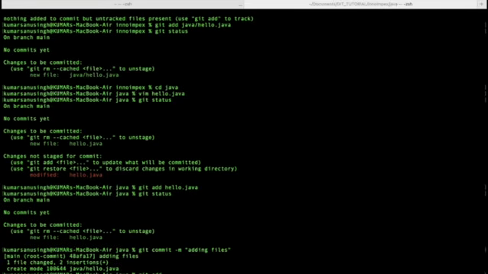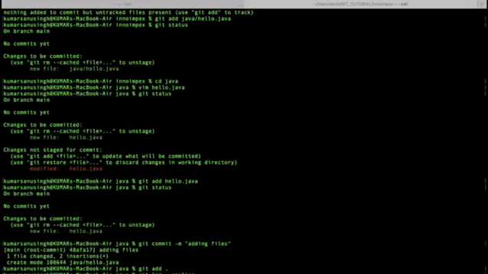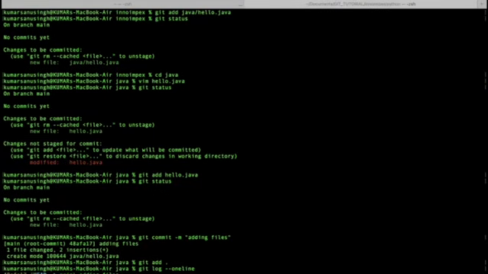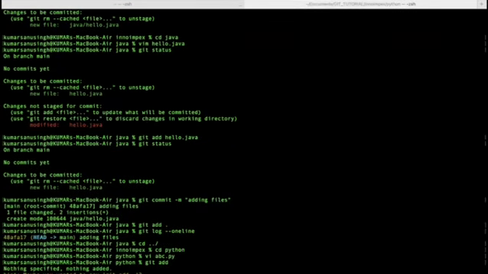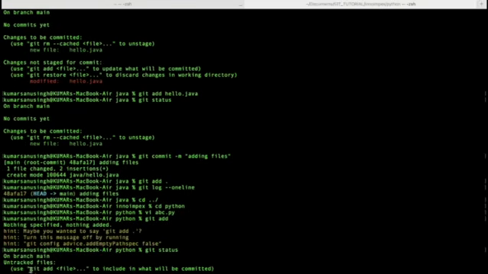Now let's say I want to add some more files. Then what will be my next strategy? Let's say I want to create a file, and now I will go inside the directory Python, and create a file called abc.py. Let's say I'm writing anything, xyz, here, and I'm saving this file. So now, git status. If I do git status, there is one more file.